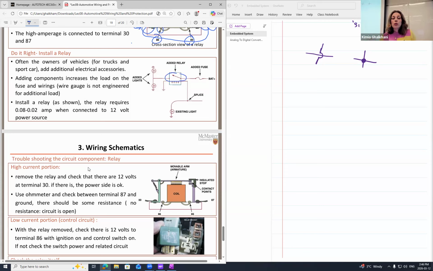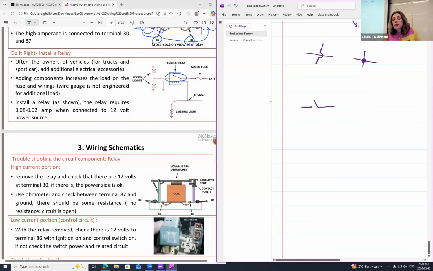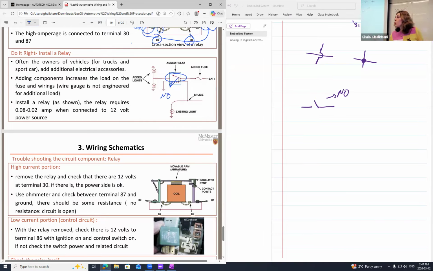If you are seeing inside the relay is open, what does that mean? It's normally open, right? You know, a relay has a contactor, right? And symbols for the contactor of the relay, we had it last semester in mechatronics. Can you remember? In mechatronics, we had relay design inside the circuits design, and there are two symbols. If we have it like this, it means normally open, but how is normally closed? Yeah, so right now I'm having it normally open. It means this relay's contact is normally open.